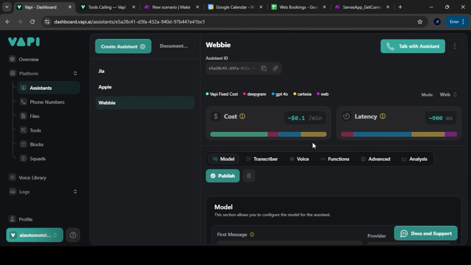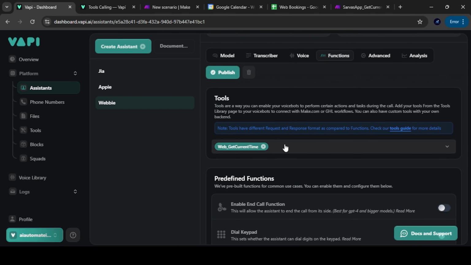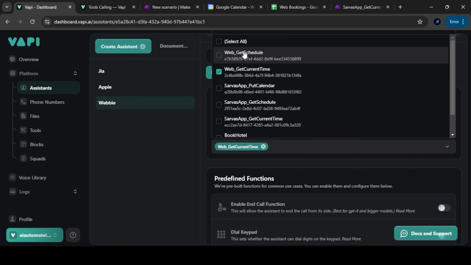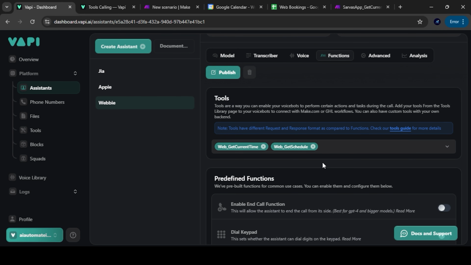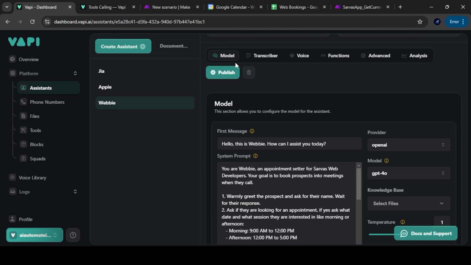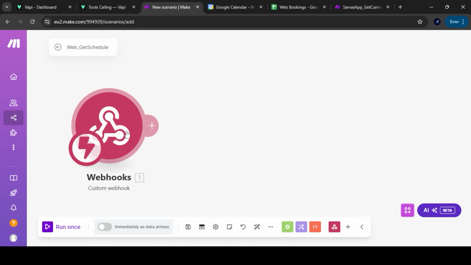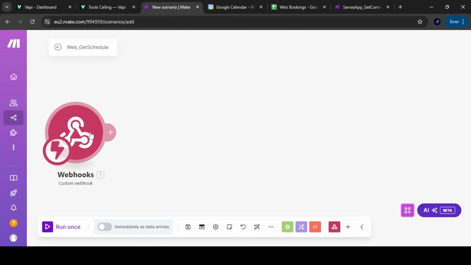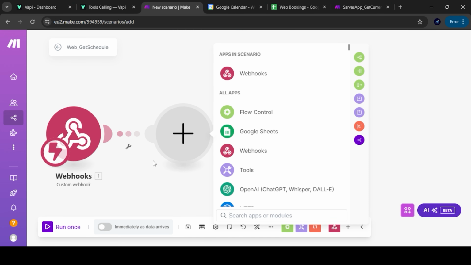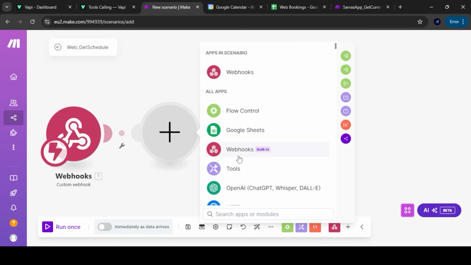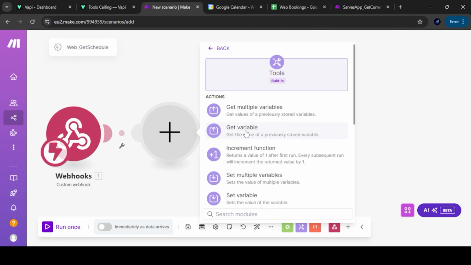Go to assistants, go to Webby. Now integrate it here so that our Webby can use it. Click on web get schedule. Don't forget to click on the publish button. Okay. Now let's continue the thing in make.com. What we'll need first is the start date.